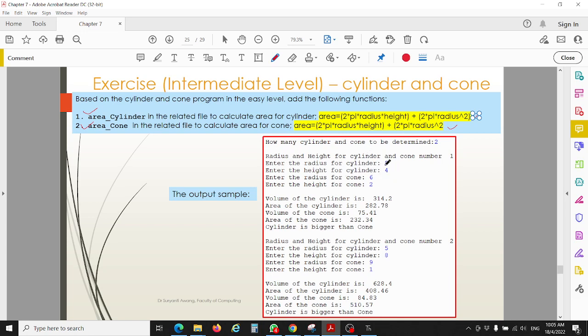So after the user enters the radius and height for cylinder and cone, you will call the function and you will pass this value when you call the related function to calculate volume and to calculate area for cylinder and cone, right? And then after that, you will determine whether cylinder is bigger than cone or vice versa. Okay, so now